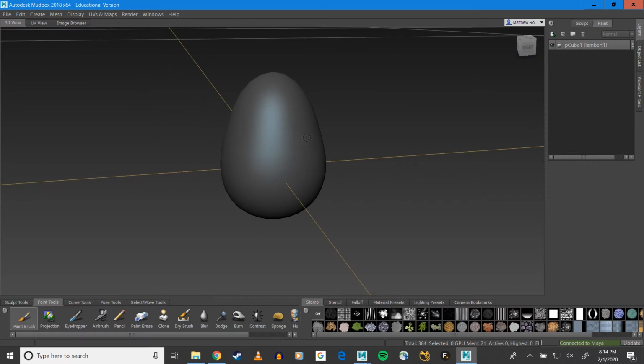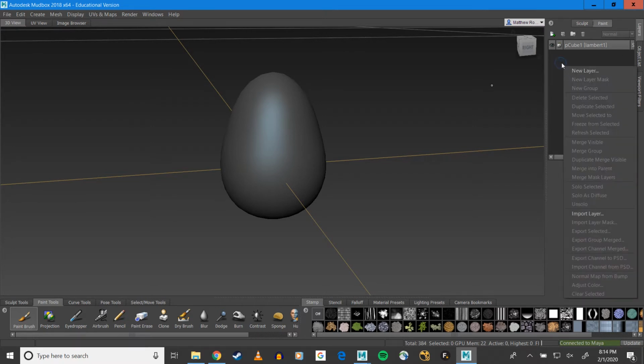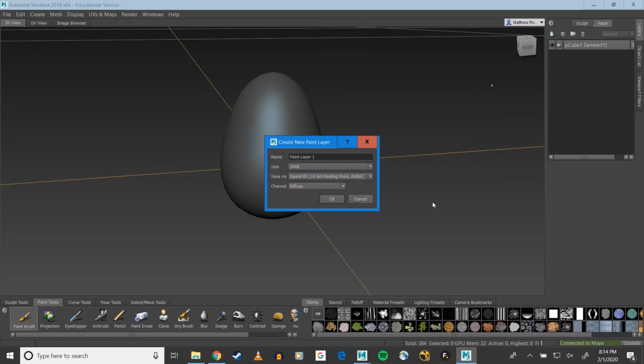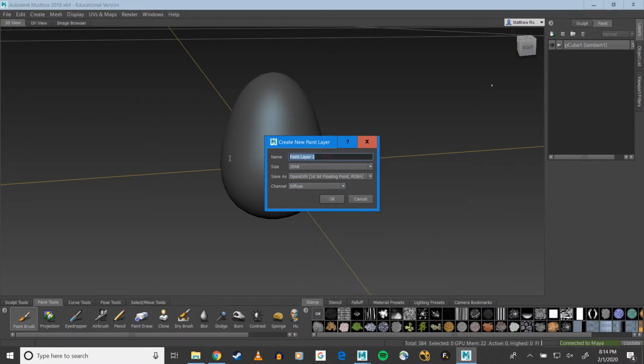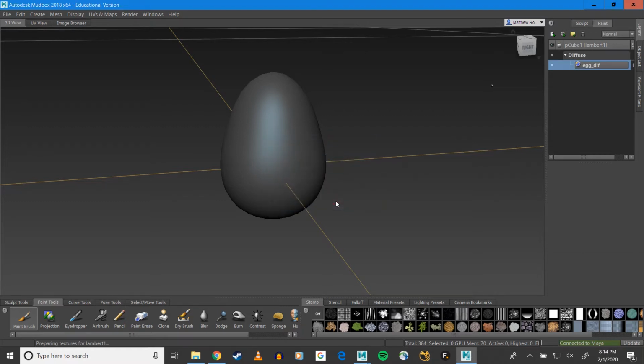And now, what I'm going to do is I'm going to paint on it. To do that, I'm going to make some paint layers. I'm going to make a new layer, and it's going to be my diffuse channel, and I can call it like egg diff or what have you. And with my paintbrush